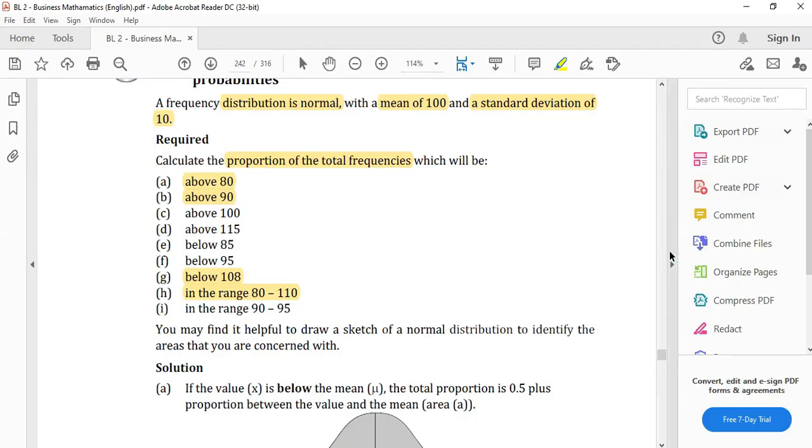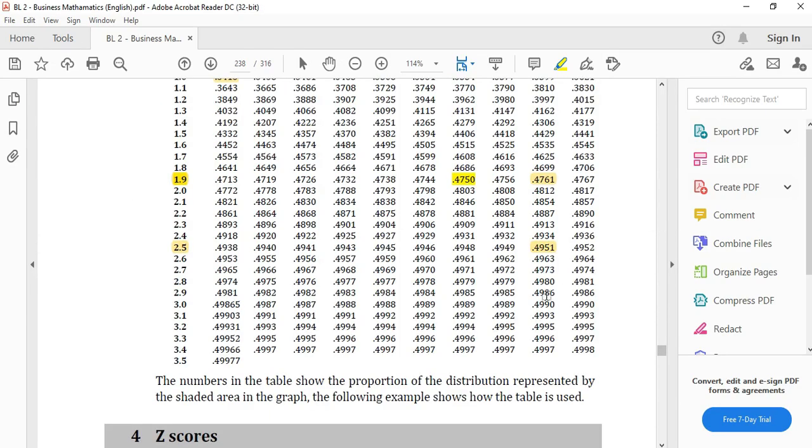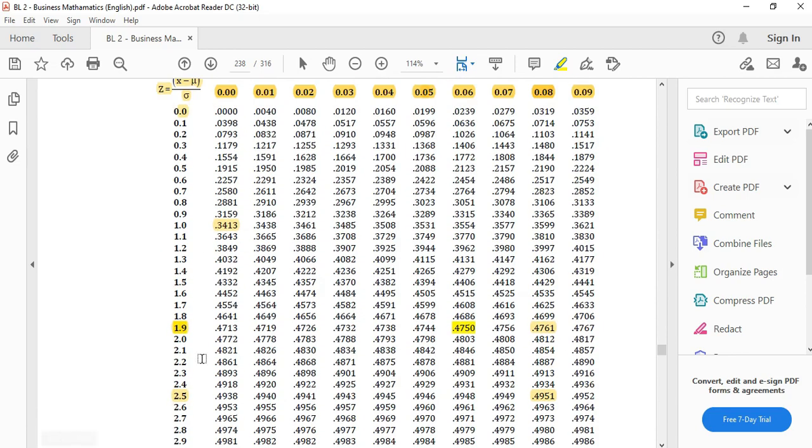Go back to the table and let's see what will be. So in page 220 you have your table. Okay. Z score, I told you the vertical lines and the horizontal lines represent the Z scores, and the middle values are the probabilities related to those Z scores. So Z score of 2 is here.